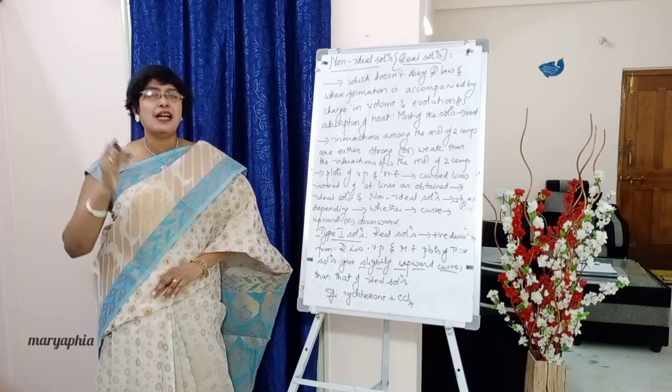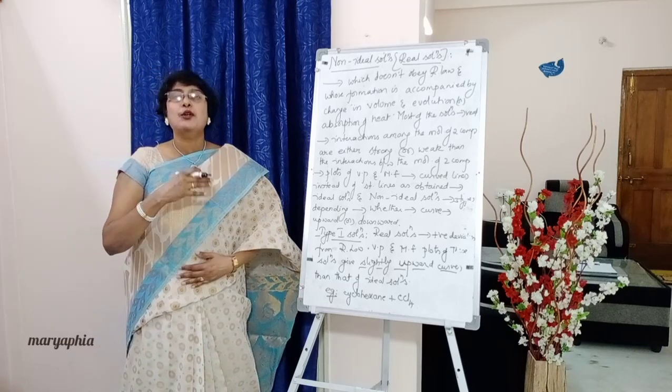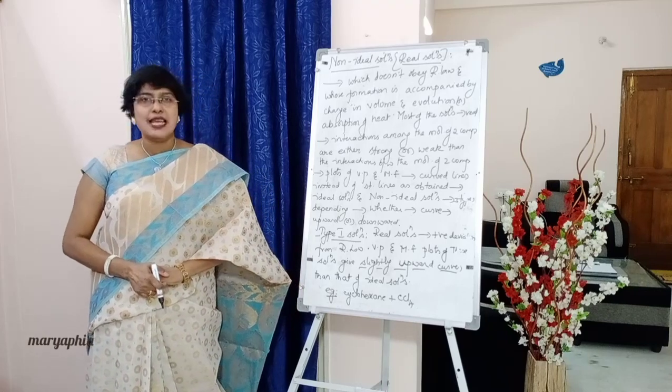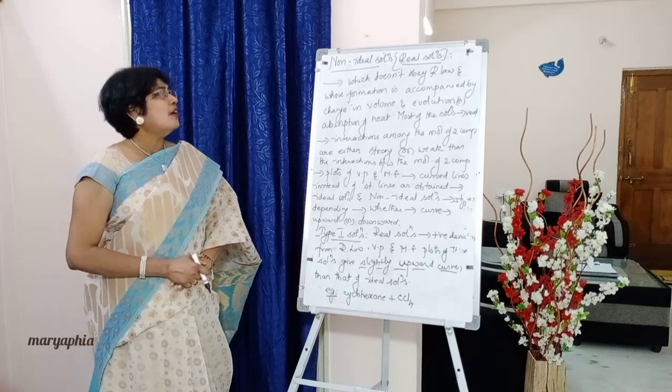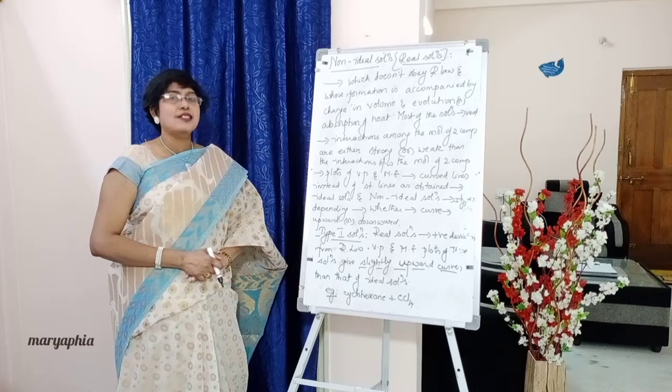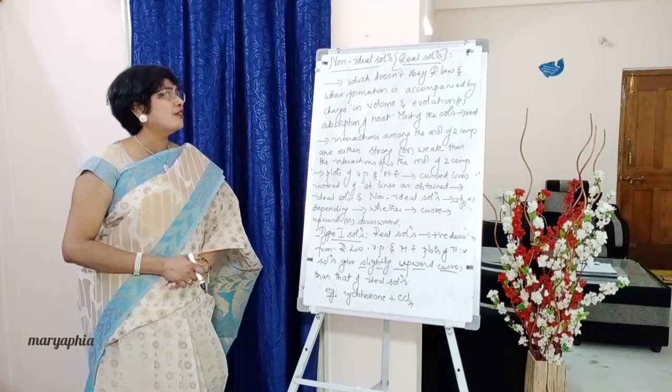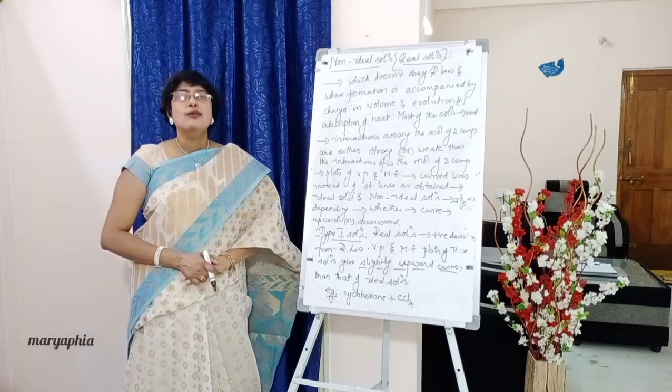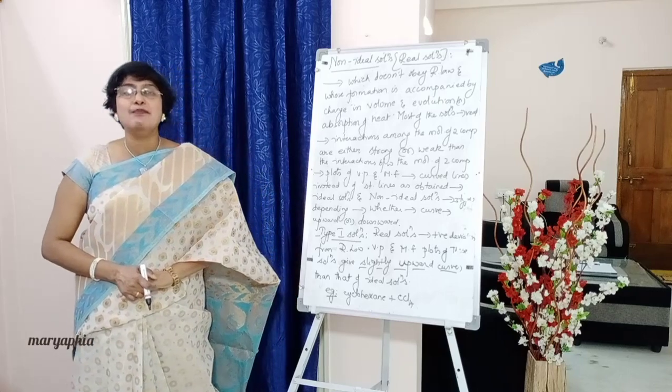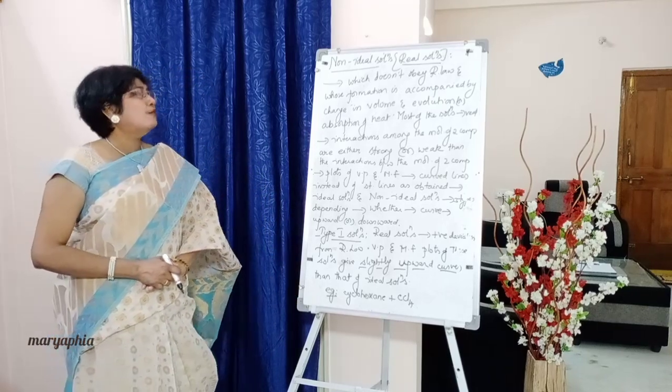There, in the case of ideal solutions, we have seen both attractive forces are the same. Here write down: a non-ideal solution is the solution which doesn't obey Raoult's law and also whose formation is accompanied by